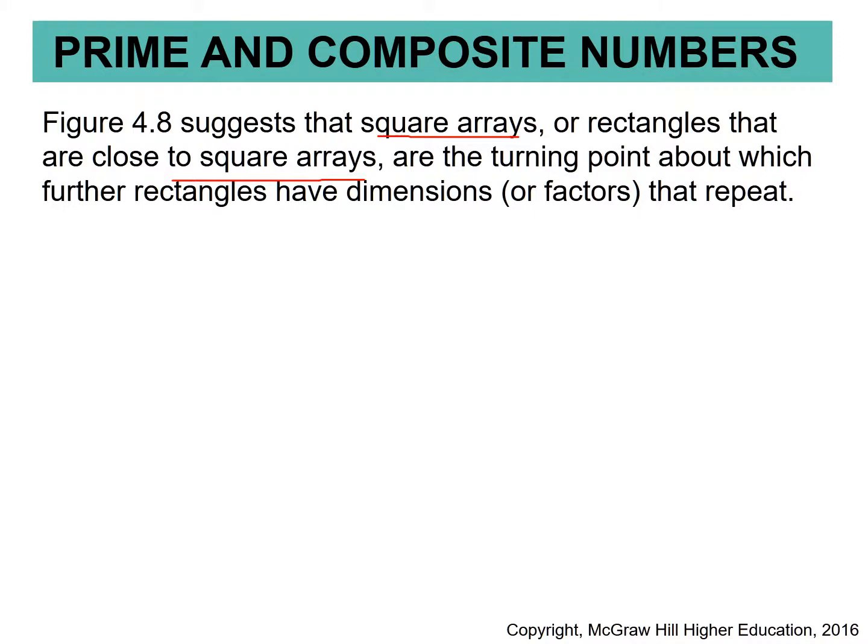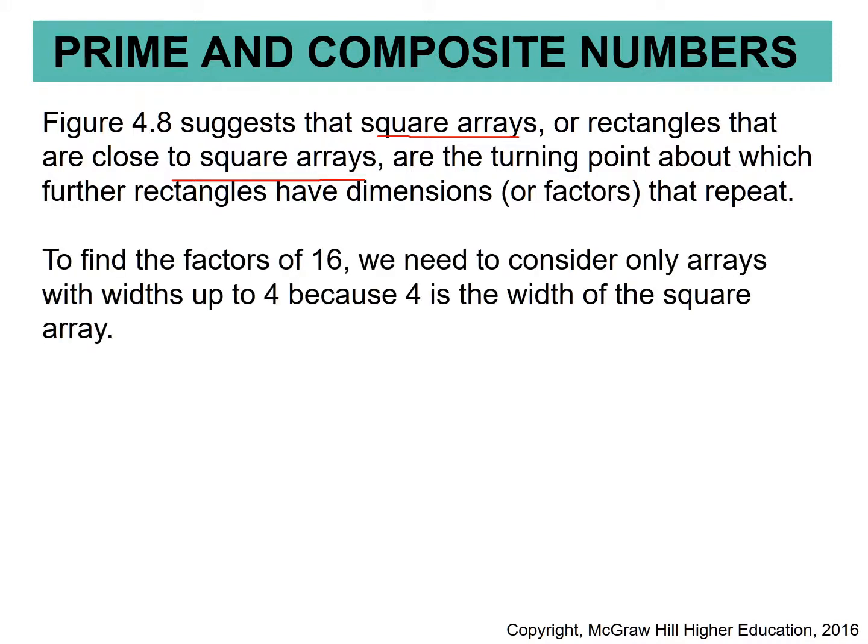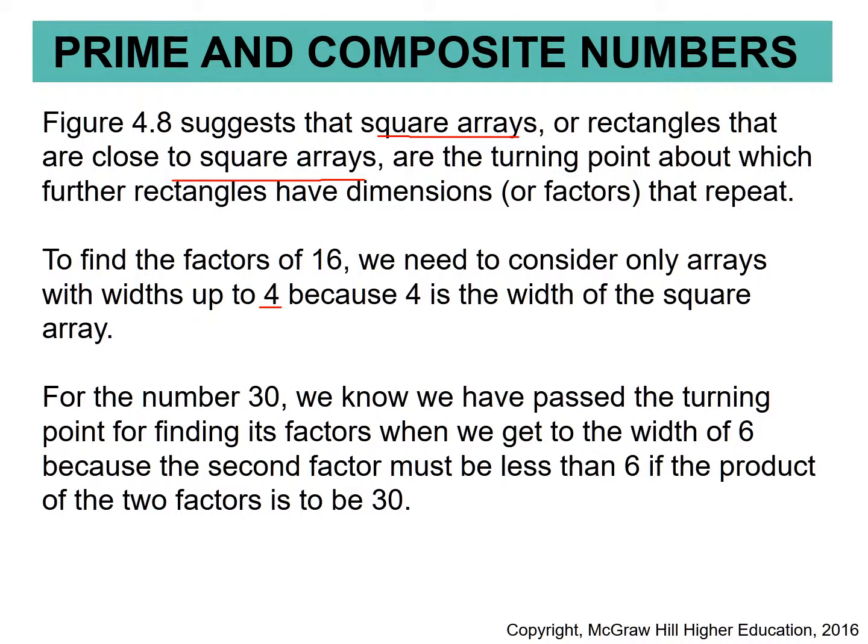So if you remember for the basic skills test, when we wanted to decide if a number was prime, if it had factors other than itself and 1, what we could do was take the square root of the number. So in this case, when I have 16, the square root is 4. All I have to do is look for factors of 16 that go up to 4. So I only have to test the numbers 1, 2, 3, or 4 to see if they're factors of 16. For 30, I only had to get to 6